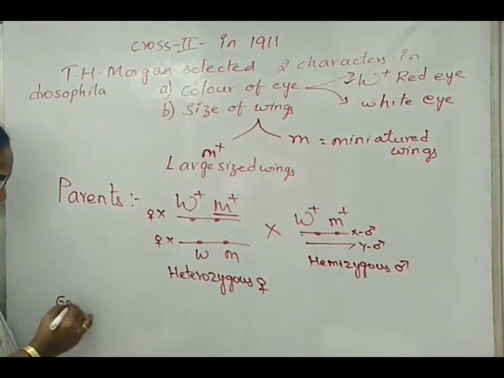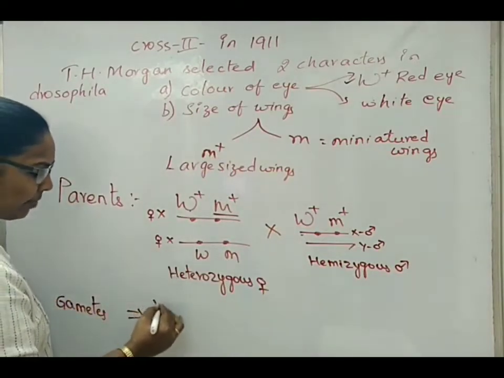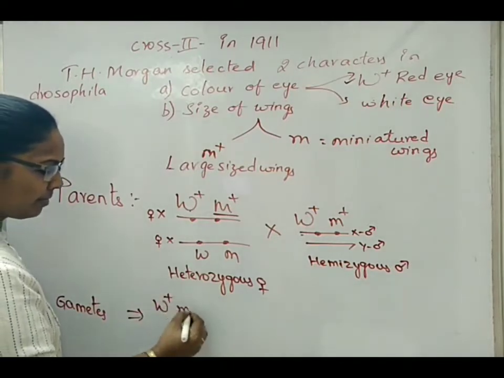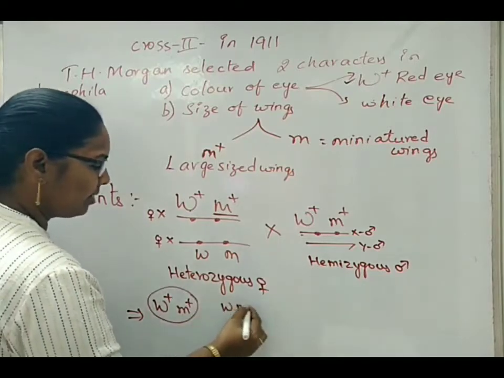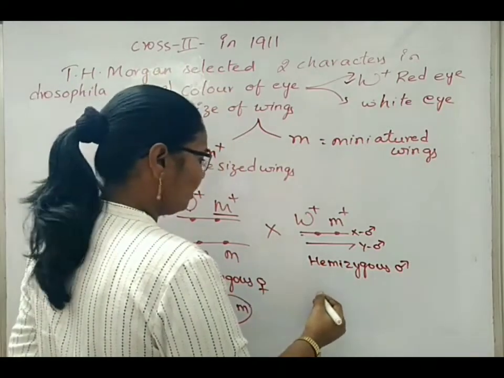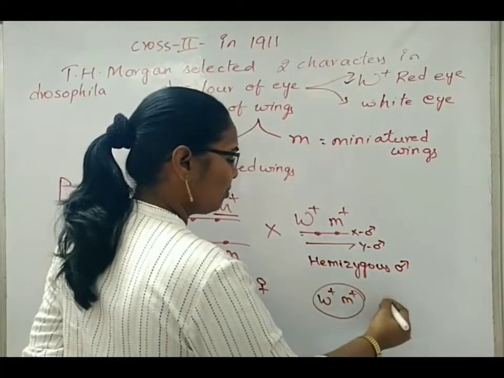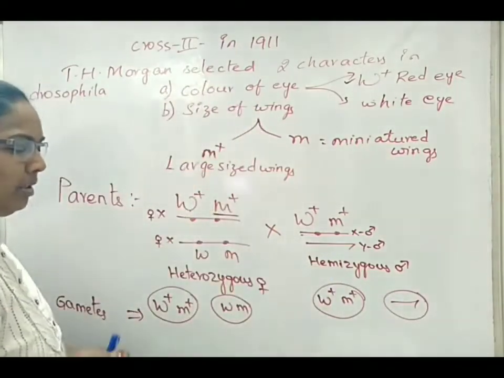If you extract the gametes, it will be giving this is one gamete, another gamete of the X chromosome. Next, X chromosome of female, and this is Y chromosome. Now let's write